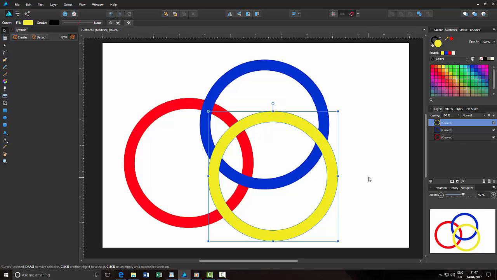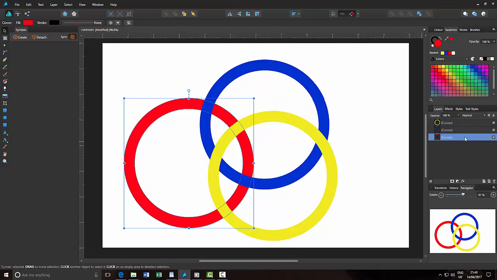So now we are up to this point. Right, this is the point where we start to make these layers into symbols. I will just start with the red one, so just click on the bottom red layer and come to your symbols tab and click on the create button,